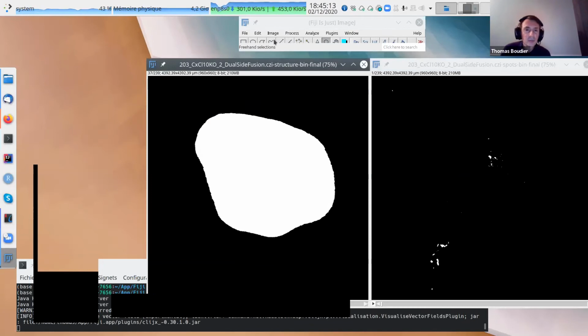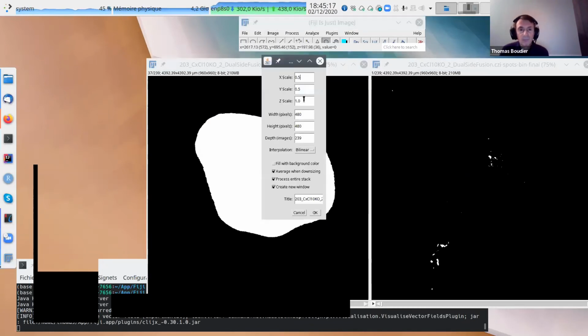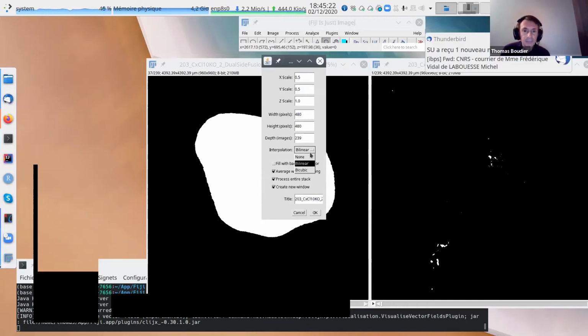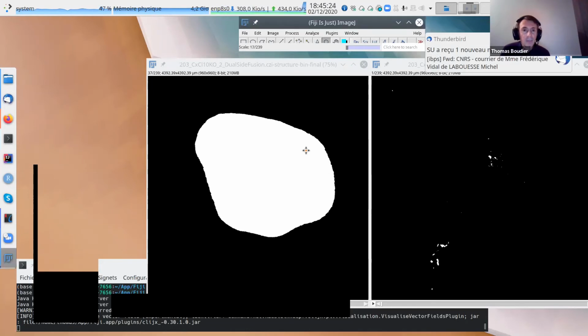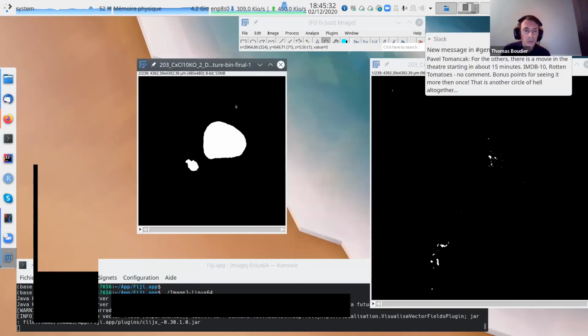I will just scale the image in XY to have a small image. Okay, so now the computation should not be so crazy.